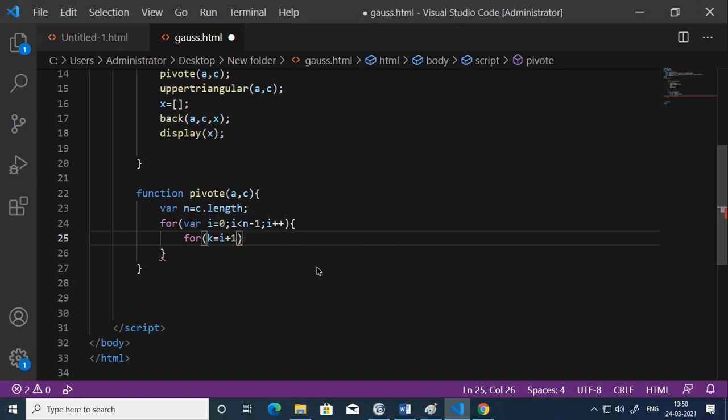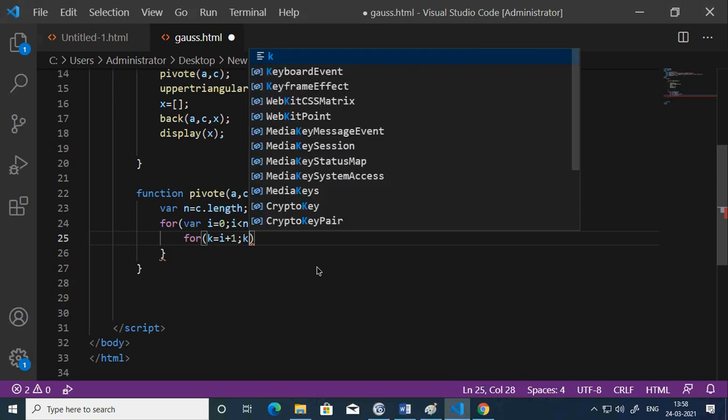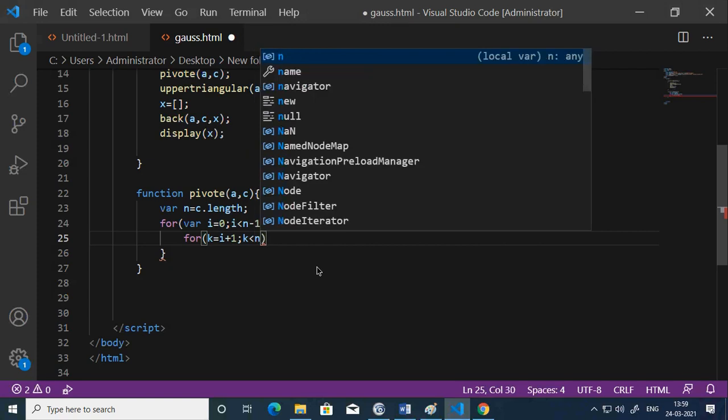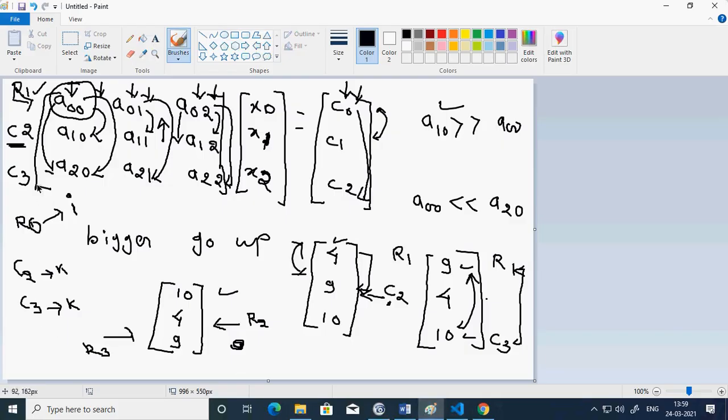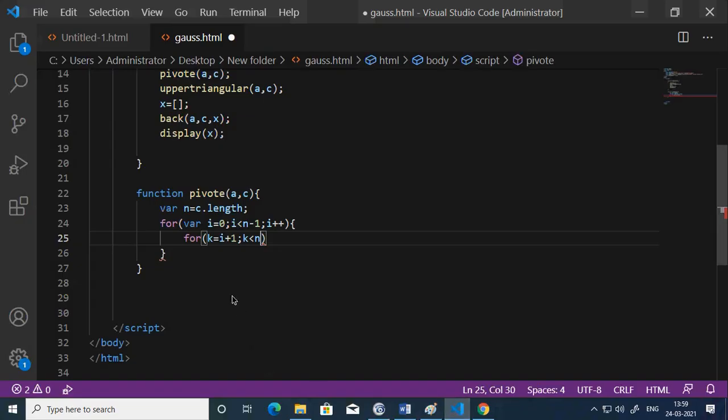So with the reference row, it has to be greater than I always. Now it can go to the last row. The comparative row can be the last row. It can go. So therefore I have the last value. You could see my comparative row is going to the last. So therefore I am going up to n. Okay, so that is why it is up to n, and this is one above it, so this is the second last row.